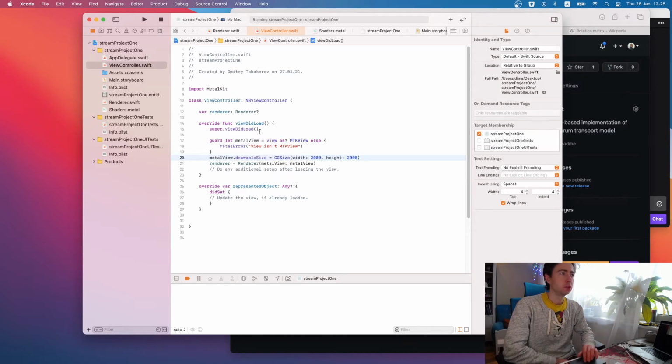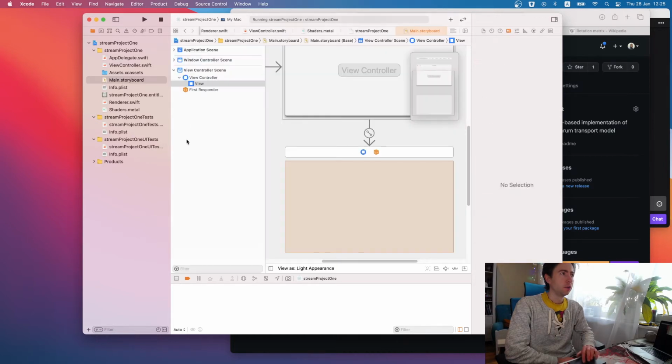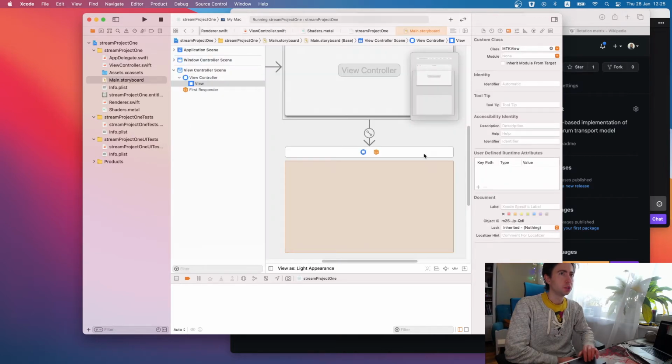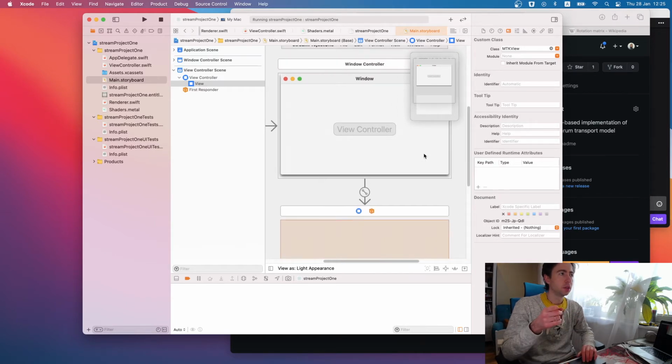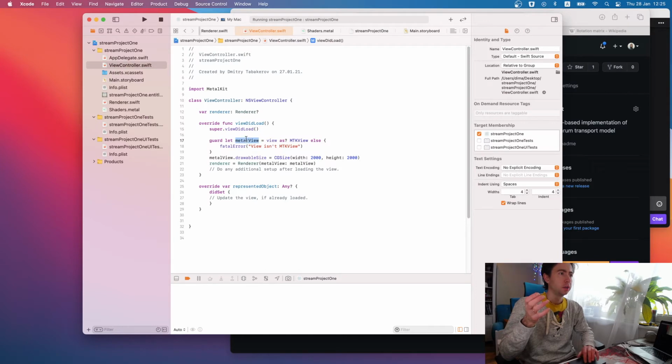We have a view controller that has a renderer field, and we are using the view controller's view, based on the MTKView class type, and we define the drawable size.